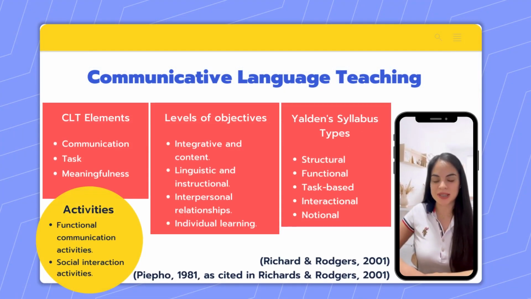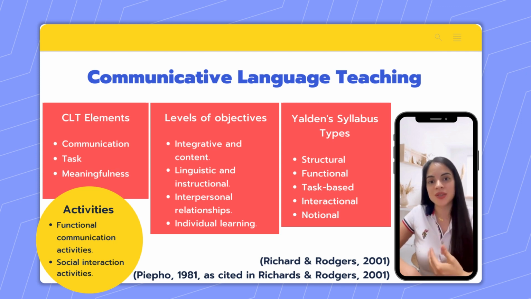Communicative language teaching. Richards and Rodgers state that the elements of CLT are the communication principle. In this principle, we can find activities that involve real communication, and those activities support or foster language learning. The second element is the task principle. In this principle, we can find activities in which the learners have to execute meaningful tasks that promote